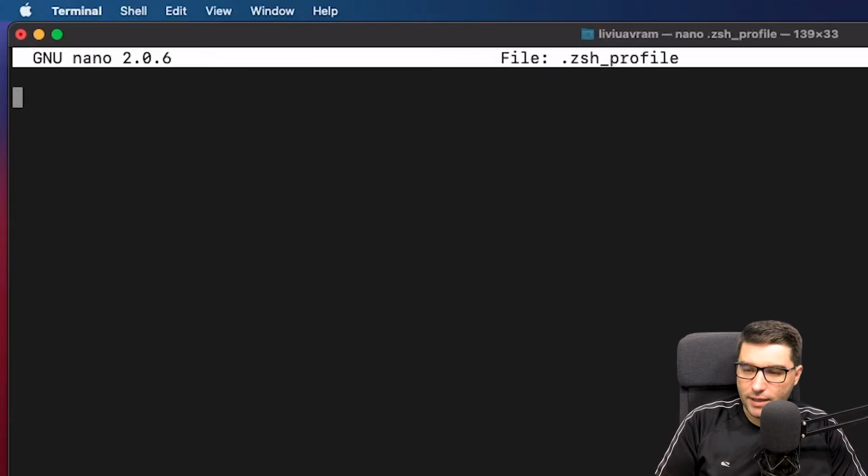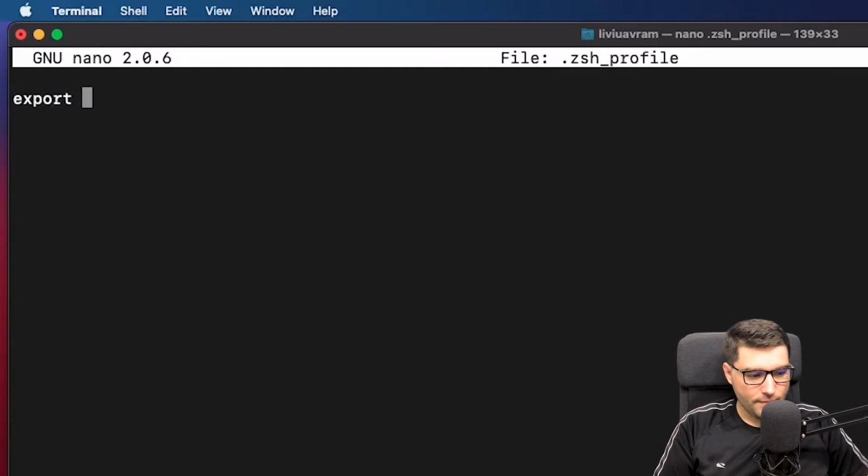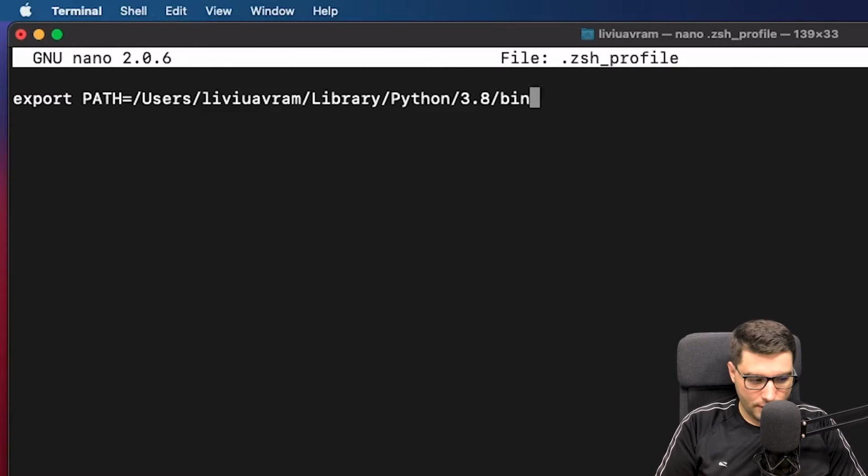And this will create the new file that I'm going to use for the paths. So I will say export PATH equals, I will paste the value, and then colon and $PATH.